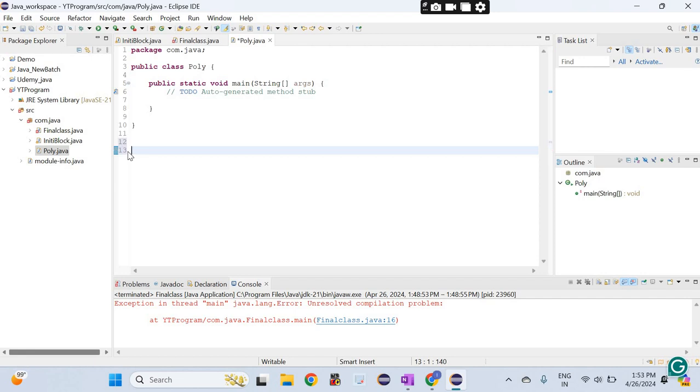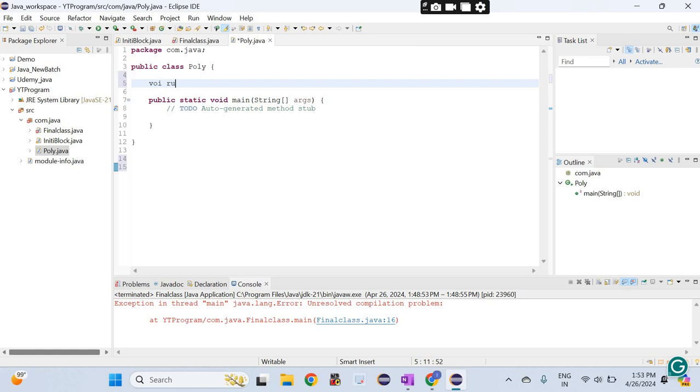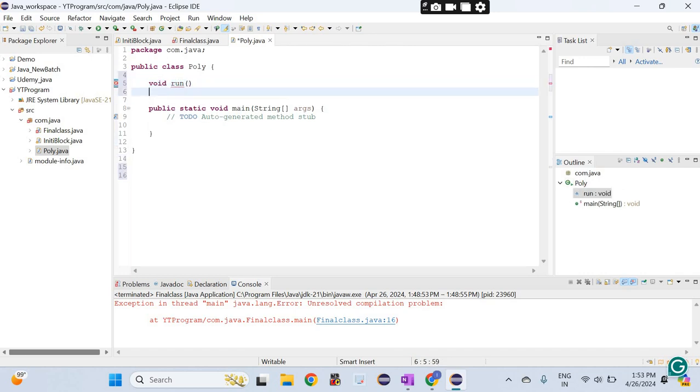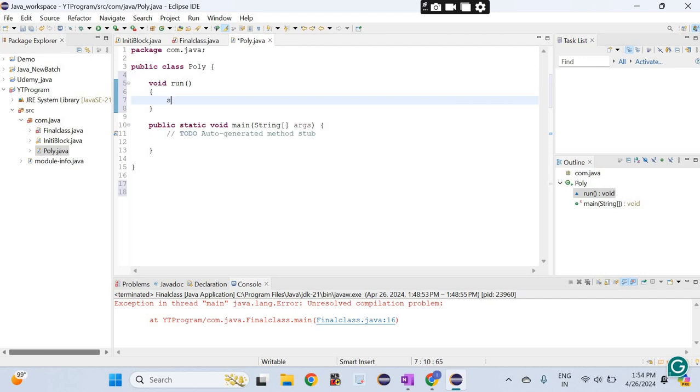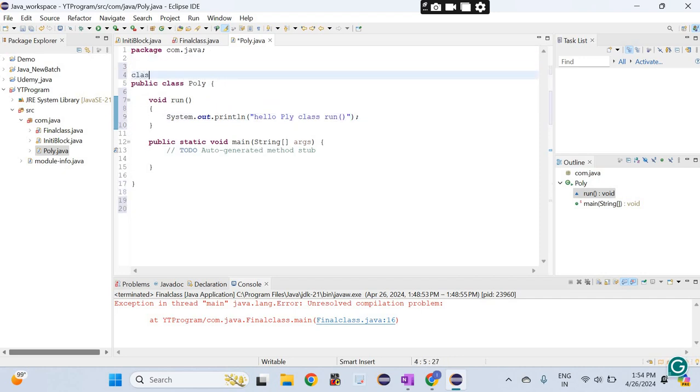We will cover the example here. I have created one class and I am going to create one method. Suppose the method name is run, void run. This is my method. I will write "hello poly class run method". Now I will create one more class here.